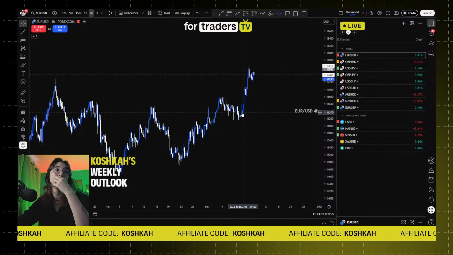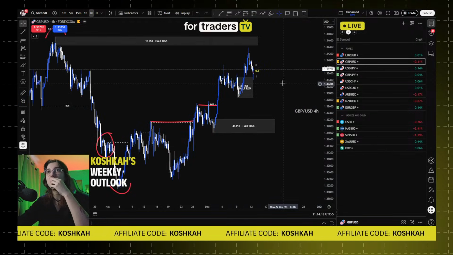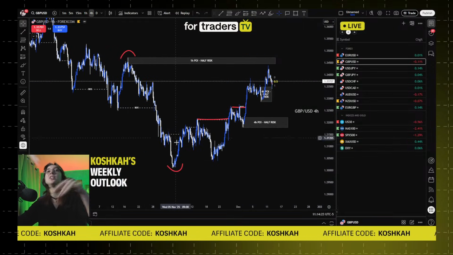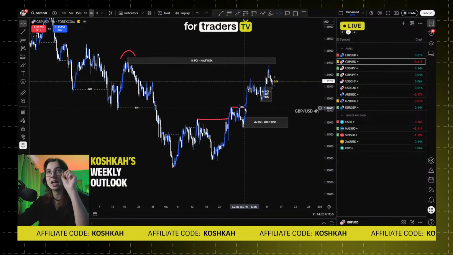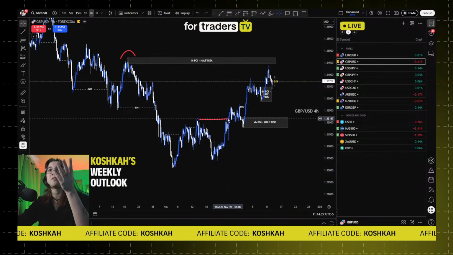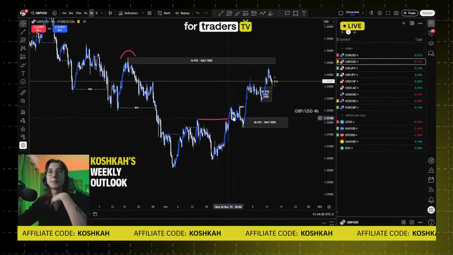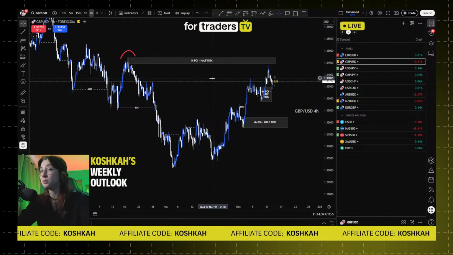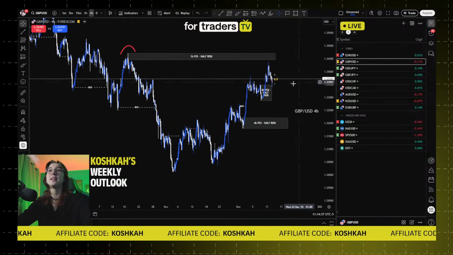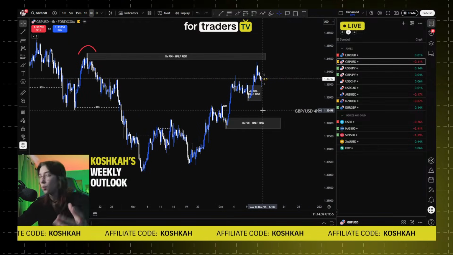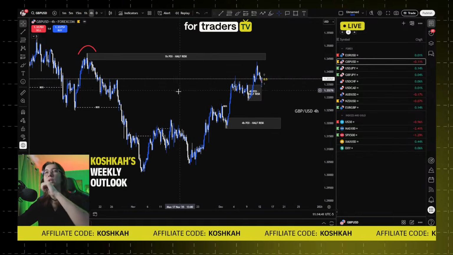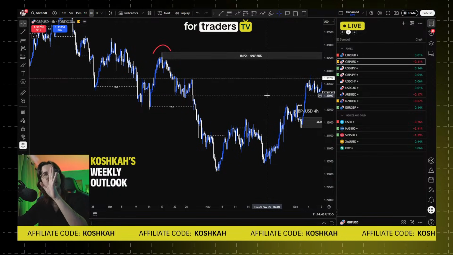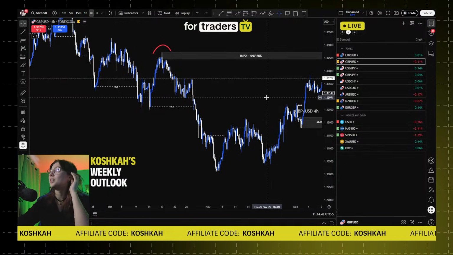So, let's go now to GBP USD. On GBP USD as well, we just did the breakdown session in the community, and with the breakdown session we found that there was a trade on GBP USD, so we broke down a trade that was on GBP USD. Let's see what we have now. So what's going on with GBP USD? It's pretty similar to what happened with Euro USD, but there is one little difference.